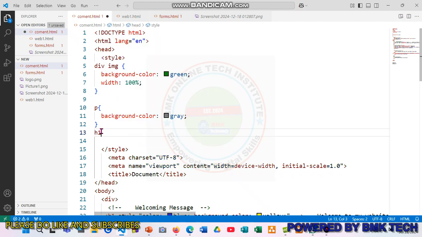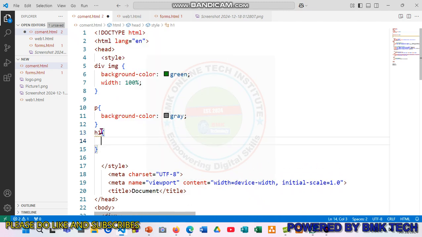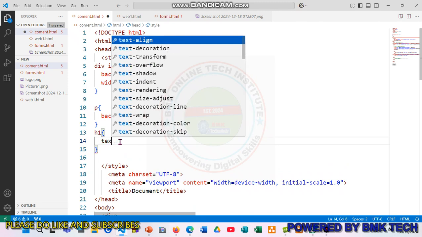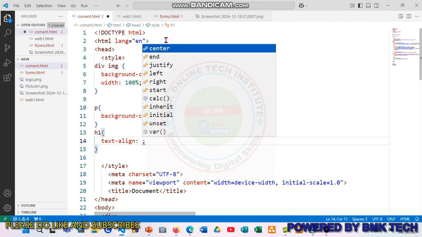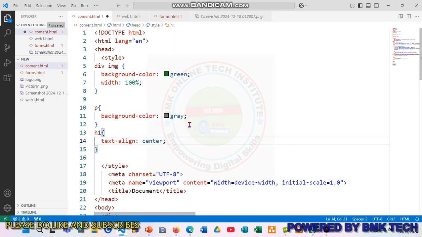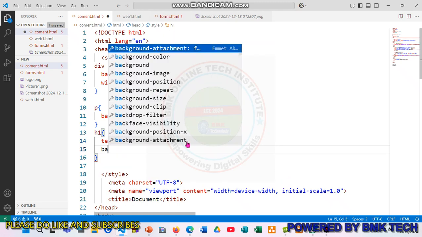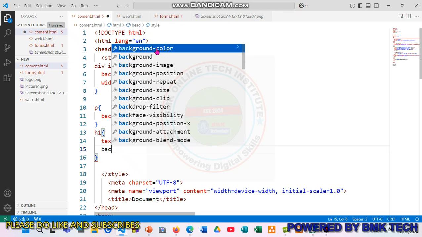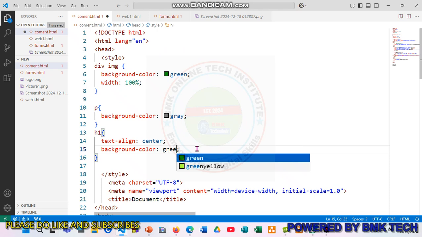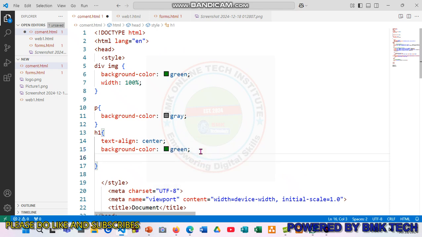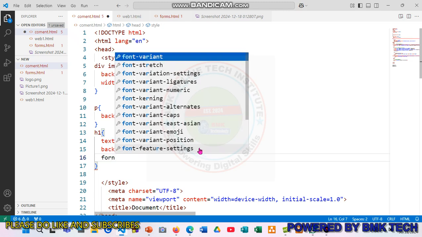Okay, so I will say h1, two curly braces, and then what I want to say is text color, text alignment, I want to say center. And then I want to say background color. You know, initially the background color was yellow, so I want to make it green. It will override it, right? Okay, and then I will want to say font size,